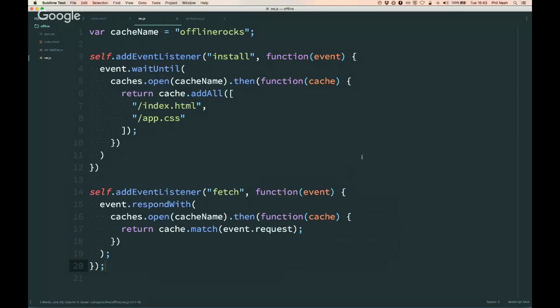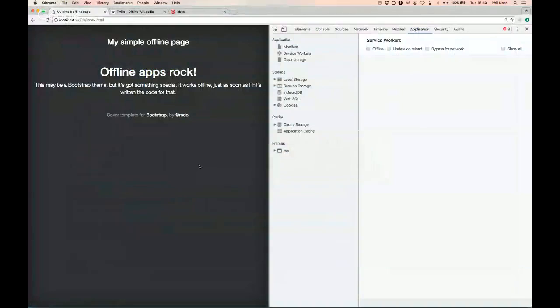Put some semicolons in, but they don't really matter in this case, as long as I don't break anything. Not putting the semicolon inside respondWith is the important thing, because that's a promise and not a function or anything like that. Cool, so what I can do is go back over to the offline page, or the currently online page,